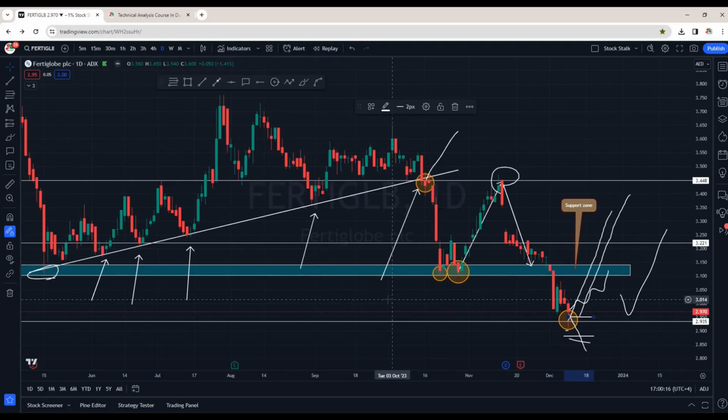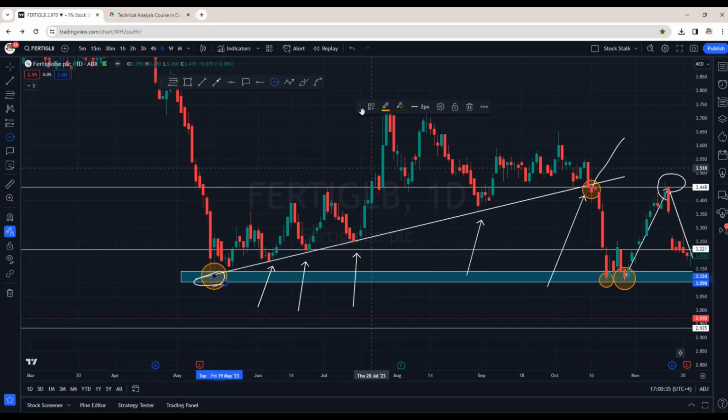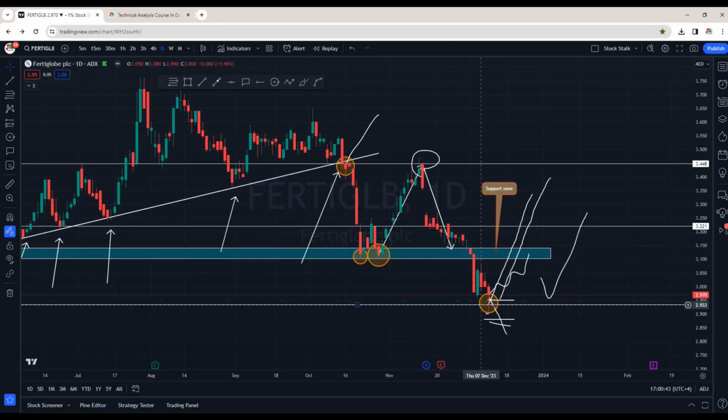For example, right at this moment when I had mentioned it's almost a bottom for Fertiglobe, and from here we saw a fresh trend starting to the upside. It almost hit till about 3.75, and from here we are seeing a decline. So we can see a similar kind of reaction right into this zone. I'm expecting a buying pressure, a continuation to the upside from